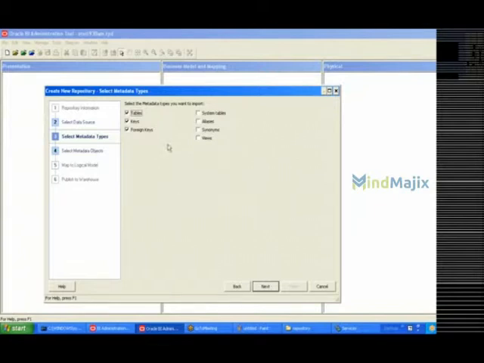So now metadata. What metadata do you want to import? If you want to import tables, you can select this option. If you want to import keys, select this option. If you want to import foreign keys, then we need to enable this also. Currently all of these are enabled, which means I can import a table along with the key columns, which are nothing but primary keys. And if you want to import foreign keys, there is one more option. So there is a different option for foreign keys.